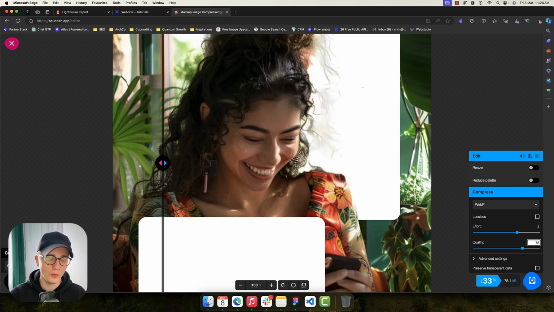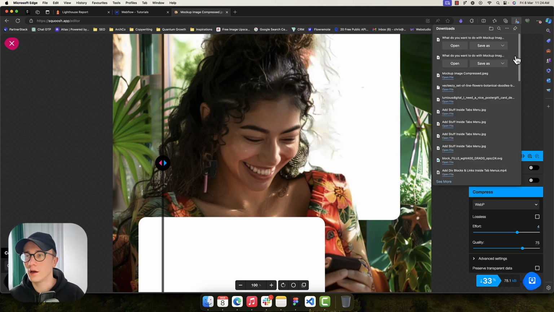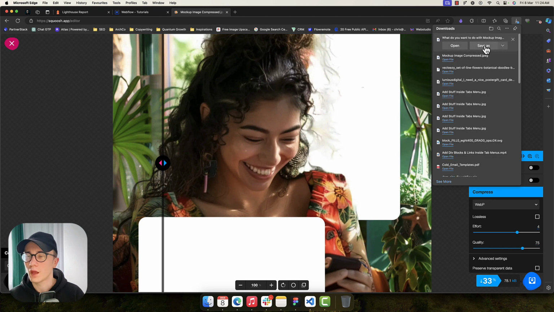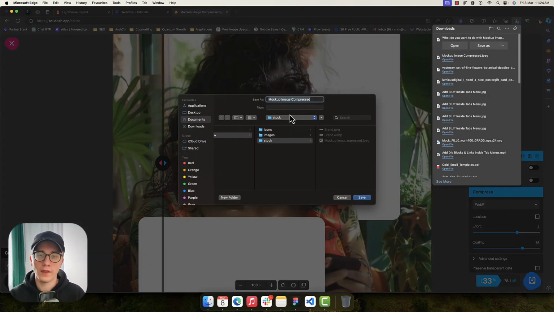So for example, the original image, which was like a compressed JPEG, was 170 kilobytes, right? And the after image, which is a WEBP, is 78.1 kilobytes. So it's like a 33% reduction. So once I'm happy, I'm gonna hit this download button. I'm gonna click on, let me close this one, I'm gonna click on Save As, and then I'm gonna save it somewhere here on my computer inside my stock